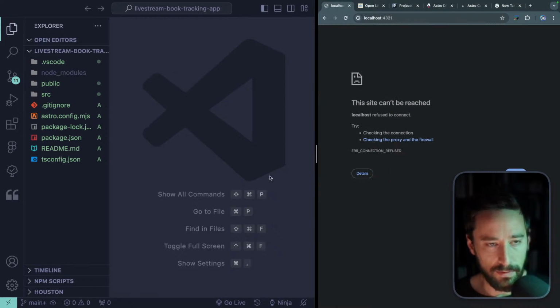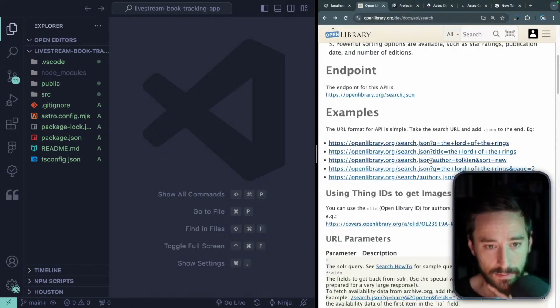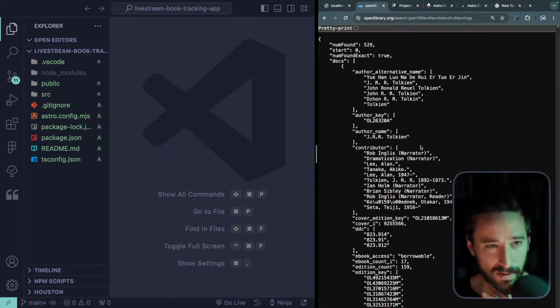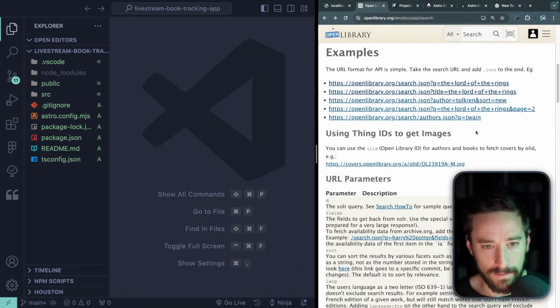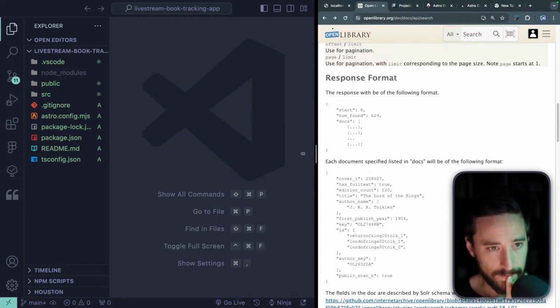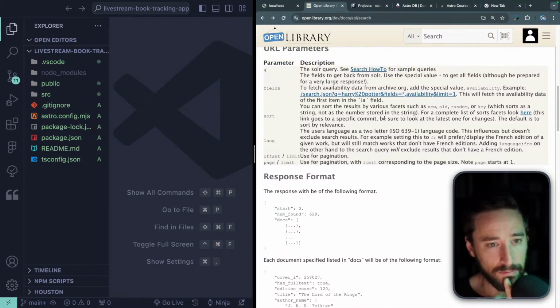Okay, so we've got a few things we need to do. The first thing is obviously we need to get back this from this endpoint, right? So it looks like you can pass along a title or just a general query. I'm thinking I'll just do a title. That makes the most sense to me, because that's probably what I'd be searching for, and I'm building this for myself. Is there a way to limit a language, or let's see how this thing works. Oh, there's a limit. Okay. Fields, availability. Oh, this is for, I think you can actually rent stuff or borrow stuff through this, but